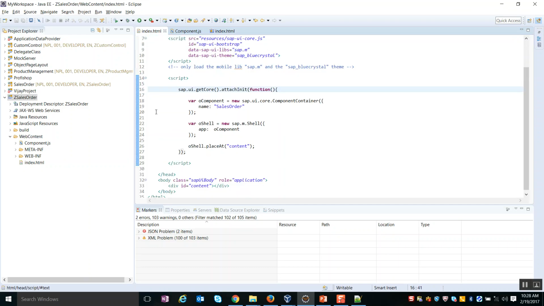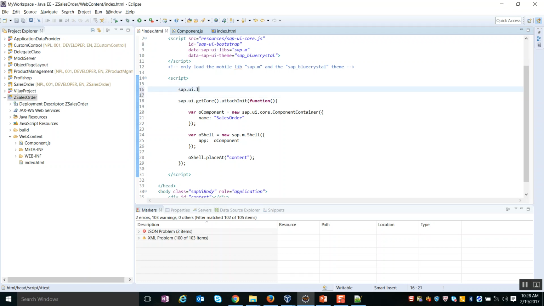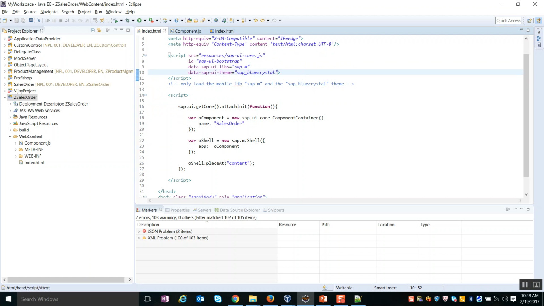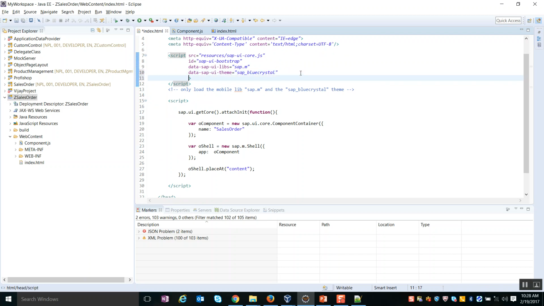To indicate that, if you take one of the previous examples that we have done, here we would be writing a statement like sap.ui.localResources, where I'll be telling the system that this is the location where you have to look for the files that I have generated. But in real time, we make use of this bootstrap parameter, with which I'm going to indicate that this is the root location. To specify that, I'm going to indicate the path as data-sap-ui-resourceroots is equal to, and since I'm going to pass multiple paths, I'm going to pass it as an object, where whenever it is an object I'll pass it inside single quotes.